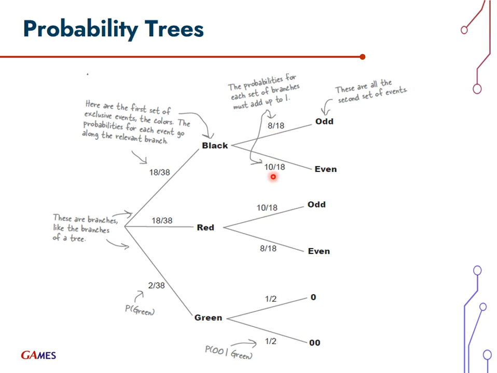The probability of your even is simply probability of this and probability of this. But probability of odd given black is 8 over 18. The probability of even given black is 10 over 18. The same thing applies to all these scenarios here. So these next, each